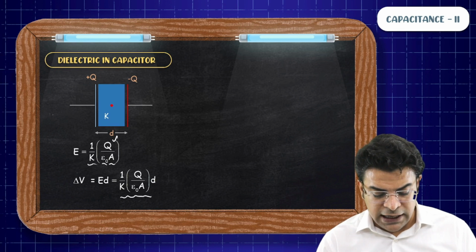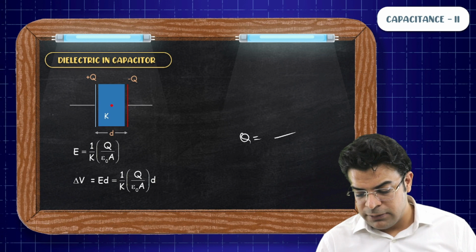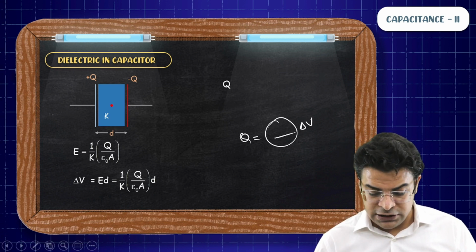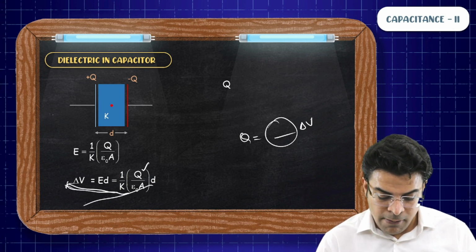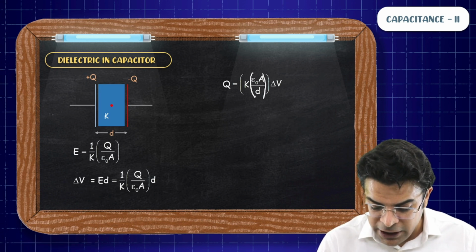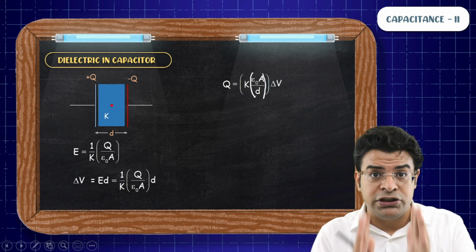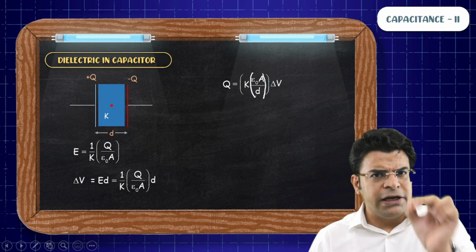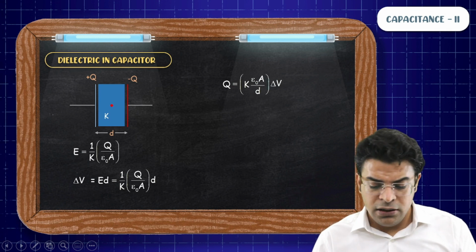So substituting that, you get what is the potential drop. We know that Q equals something times delta V, and that something is our capacitance. So rearrange this and write Q equals K epsilon naught A by D into delta V. Now you know that epsilon naught A by D is the capacitance of the parallel plate capacitor when you do not place any dielectric. If you have completely filled the region between the plates with a dielectric, then the field